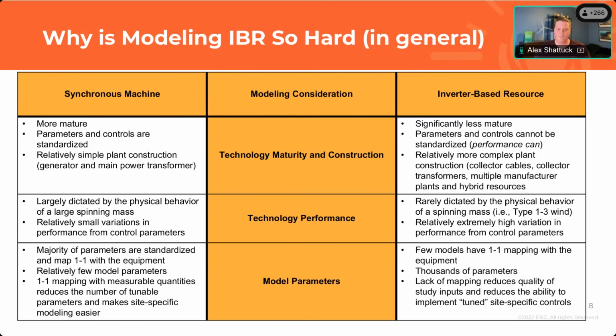On the flip side, very few models have one-to-one mapping. Standardized models, standard library models, more generic models, have no mapping with the equipment, or no one-to-one mapping. There may be equations or transpositions, things like that. There are also thousands of parameters. Not all of them are exposed to the end user. Some of them are legitimately just for the manufacturer only, specific to that equipment. It shouldn't be touched. But there are thousands of parameters, and that lack of mapping really reduces the quality of